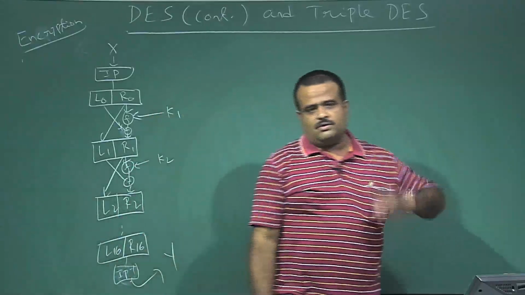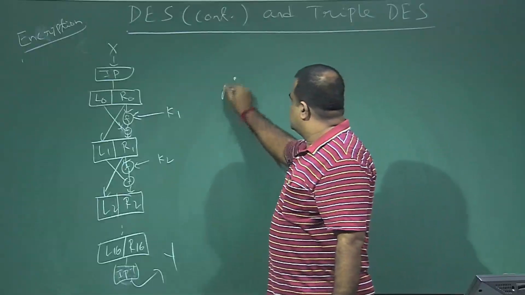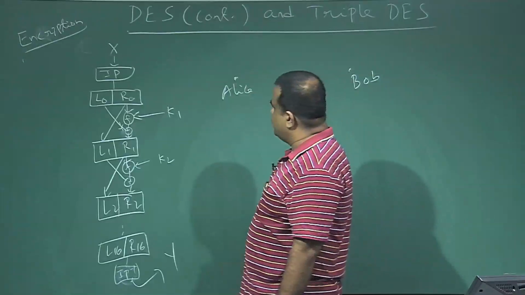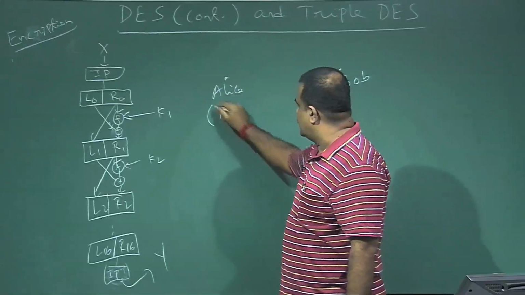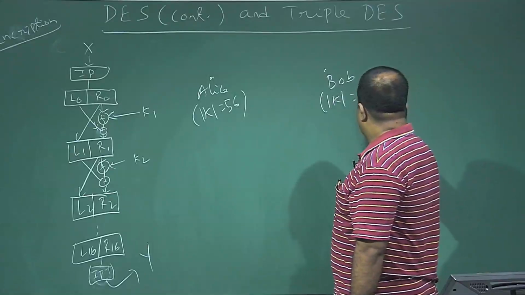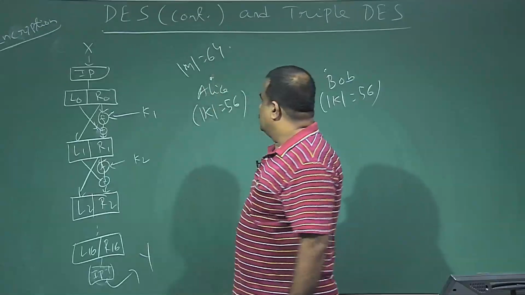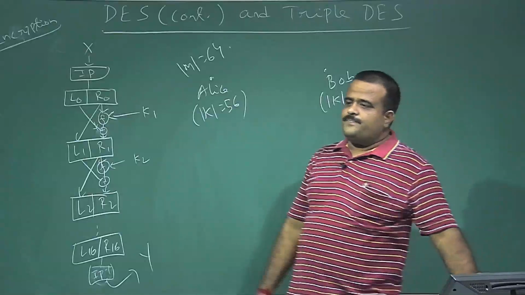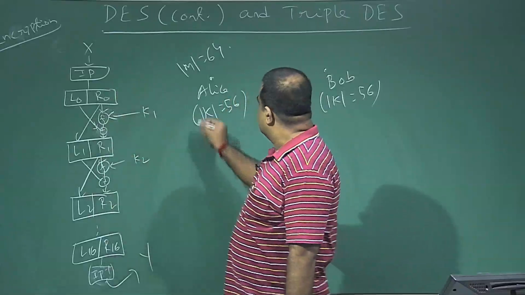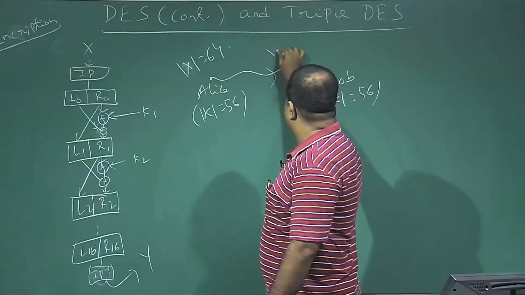Okay. Now the question is how Bob deciphers it. So Alice and Bob. Alice wants to send a message to Bob. They agreed on a common key K, whose effective size is 56 bit. Alice has a plain text M, whose size is 64 bit. They decided to use the block cipher DES. So Alice is doing this encryption, and getting this Y and sending Y to Bob.